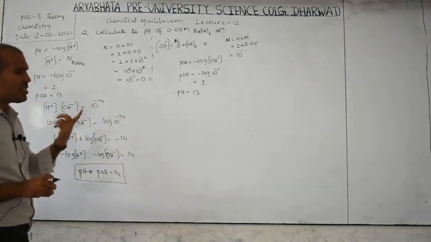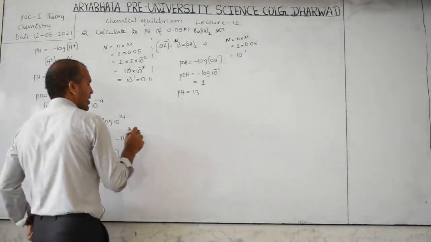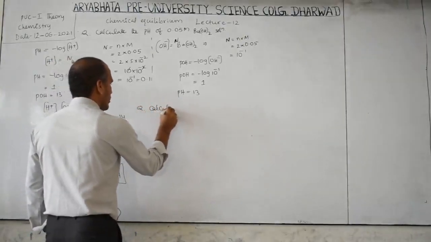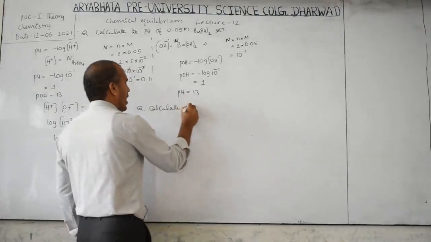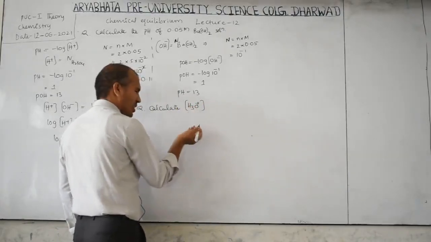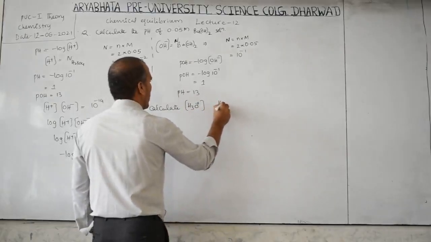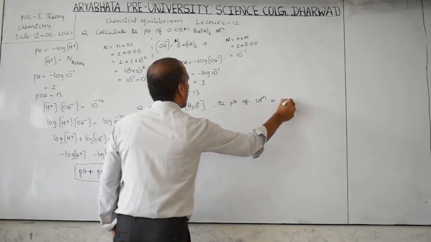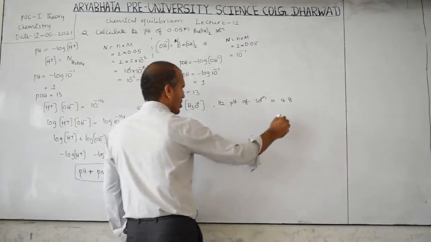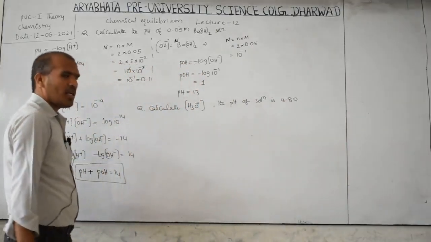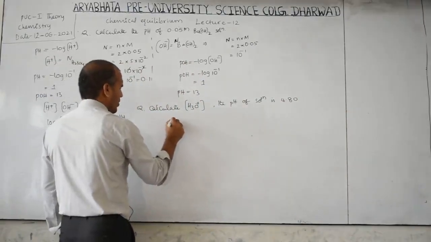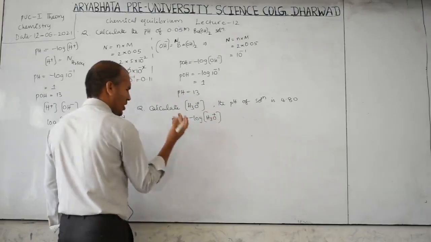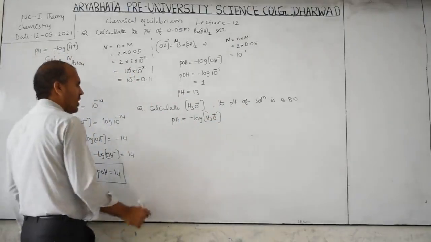Okay. Now we know that when an acid and base are given like this, we are calculating pH. If pH is given, then how do we calculate the H plus ion concentration or OH minus ion concentration? Now the question is: calculate the H3O plus ion concentration or H plus ion concentration. The pH of the solution is 4.80. Now we know the formula. pH is equal to negative logarithm of H3O plus ion or H plus ion, anyone, right? I already told you very clearly. Now pH is given as how much?